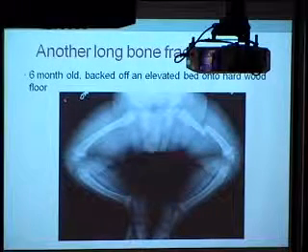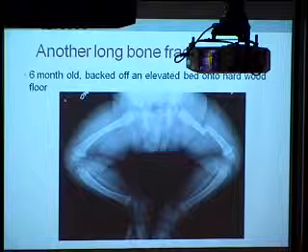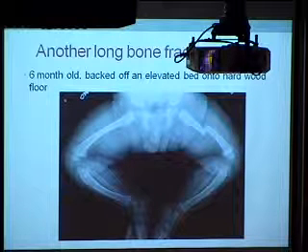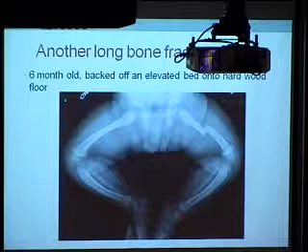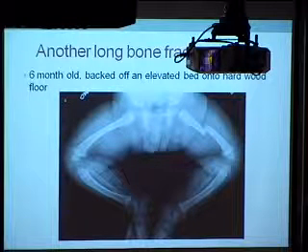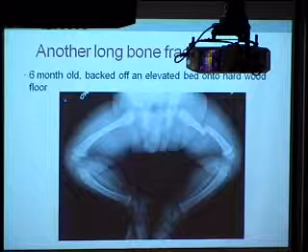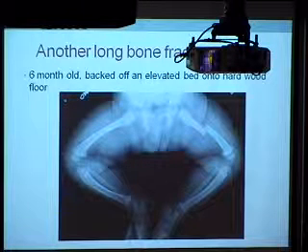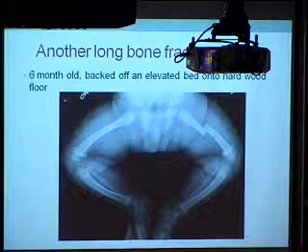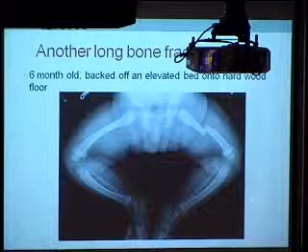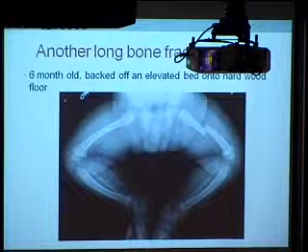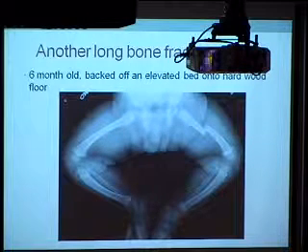Here's another long bone fracture. This is a 6-month-old. He was about the 95th plus percentile. He was a large chunk of a kid. He was placed in the middle of a king bed that was elevated for some reason off of the floor, and he backed off of the bed because he couldn't crawl forward. He only could scooch backwards. They found him on the floor on his hands and knees. It was a hardwood floor, in a lot of pain, not witnessed, but heard by several people. And this is his fracture. So a fall might make sense. We actually obtained a skeletal survey on this kid to make ourselves feel better.